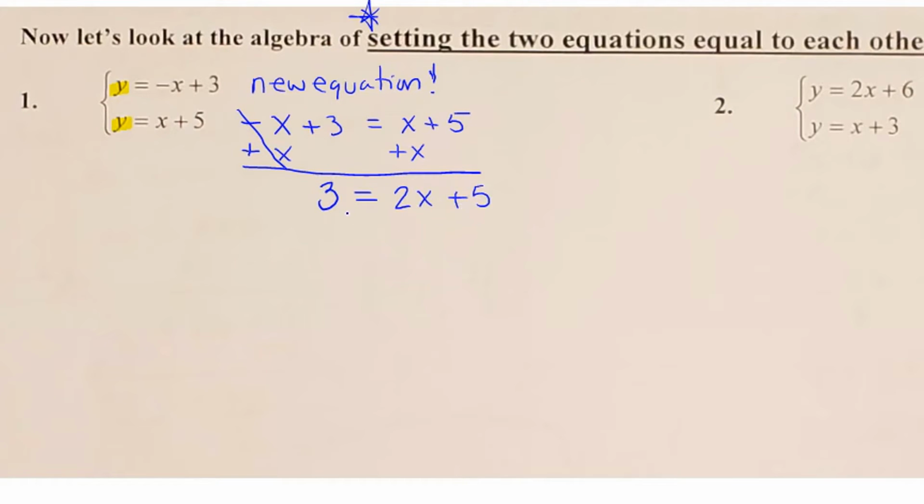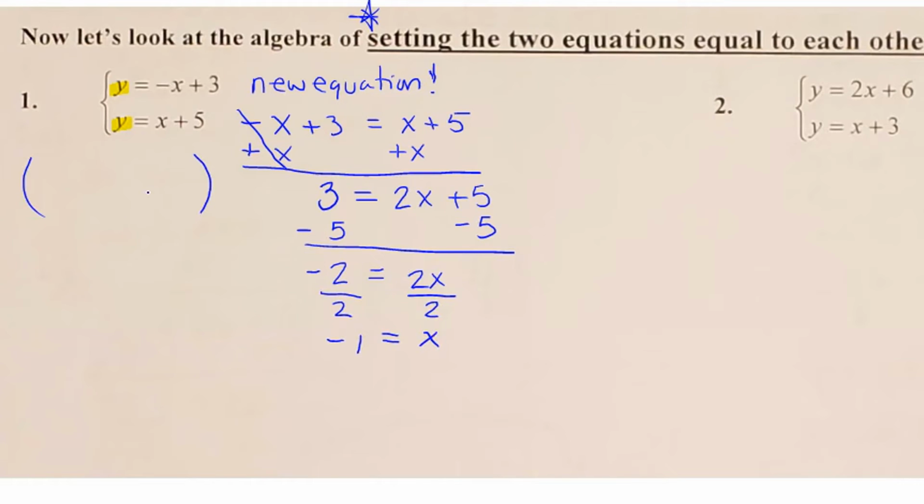My next step is to solve for x. So I'm going to subtract 5. And then 3 minus 5 is -2 is equal to 2x. Last step, divide by 2. And we get that x is equal to -1. That is one coordinate